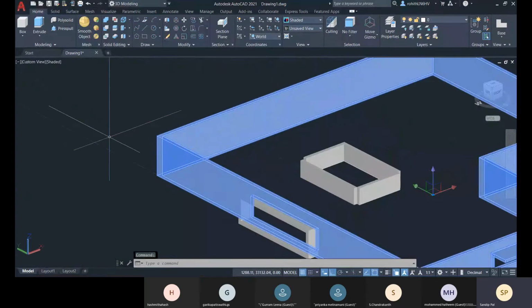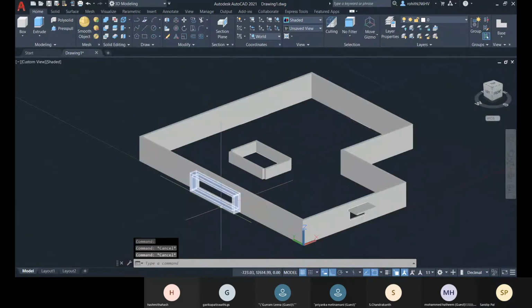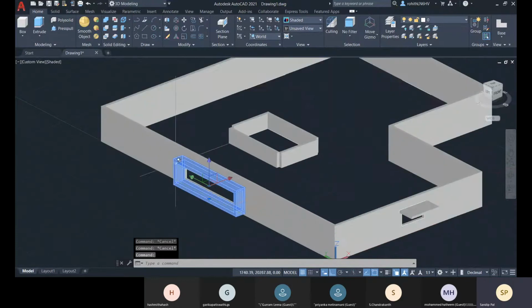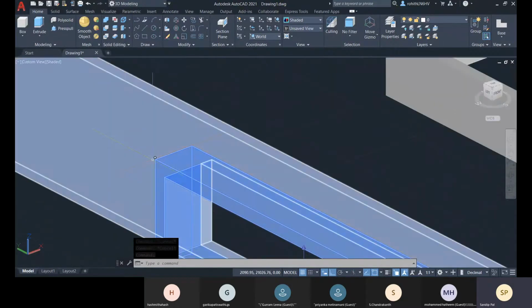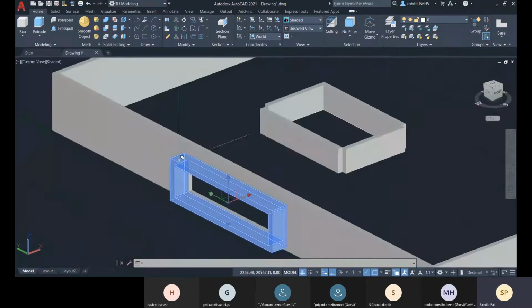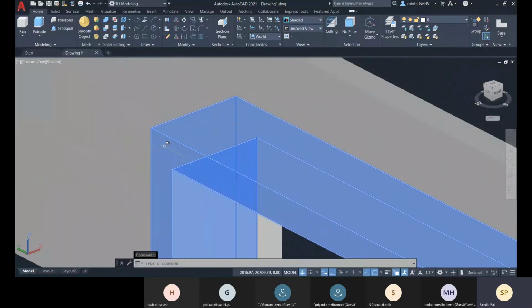For any 3D solid like this, if you want to get all the vertices, you know these corner points are called vertex, and these are called edges, and the surfaces are called face.